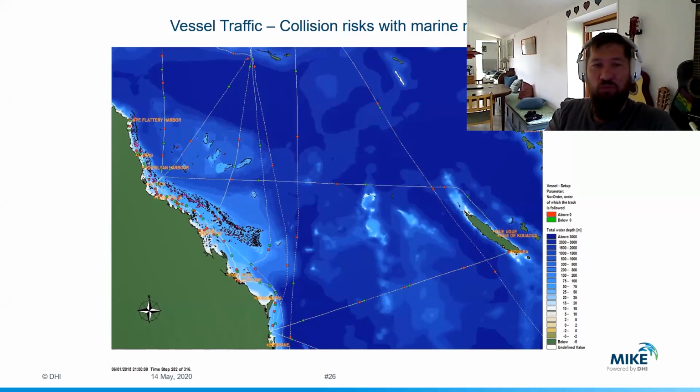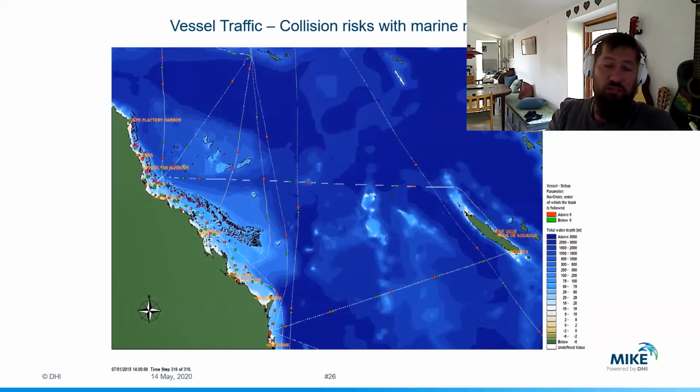But also, there are projects going on studying collision risk between marine mammals and ocean traffic by combining this with agent-based models of marine mammals, and then you can actually study the collision risk there.